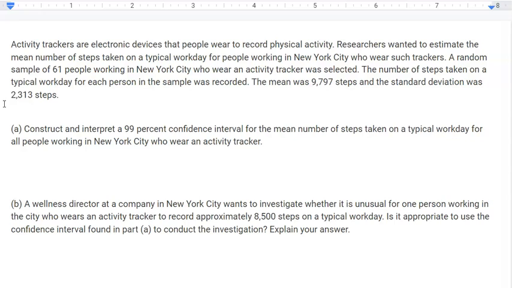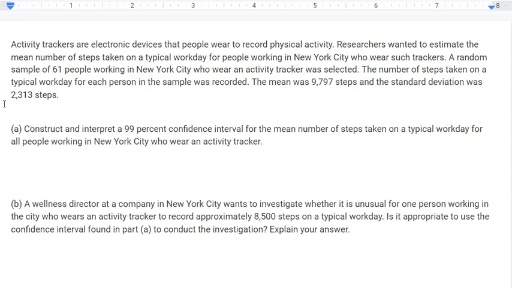So activity trackers are electronic devices that people wear to record physical activity. Researchers wanted to estimate the mean number of steps taken on a typical workday for people who wear such trackers. A random sample of 61 people working in New York City who wear an activity tracker was selected. The number of steps taken on a typical workday for each person in the sample was recorded. The mean was 9,797 steps, and the standard deviation was